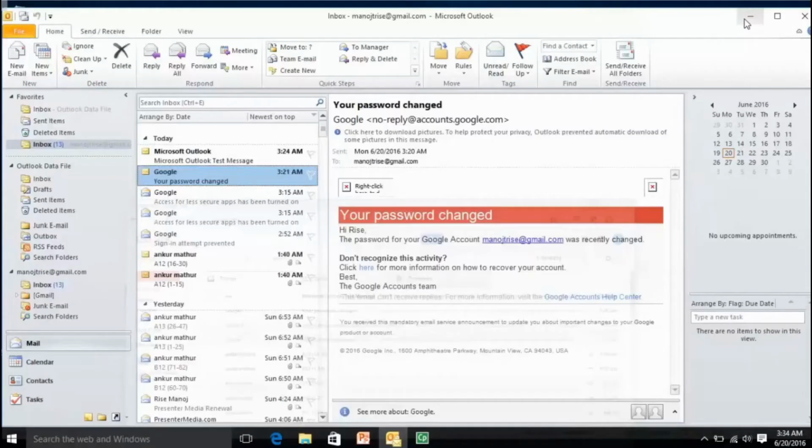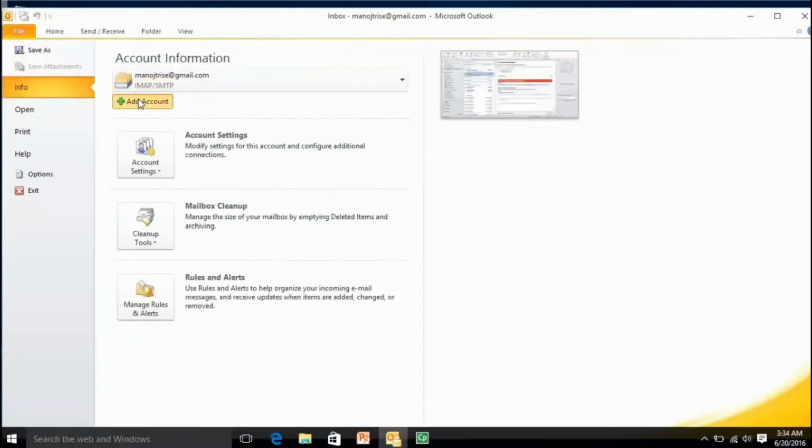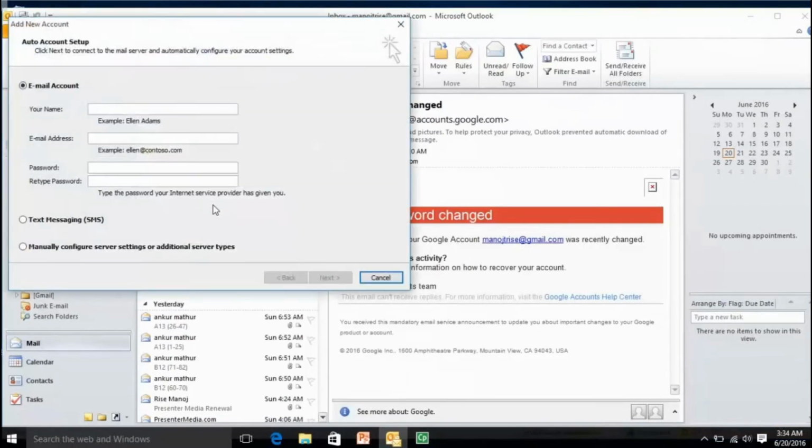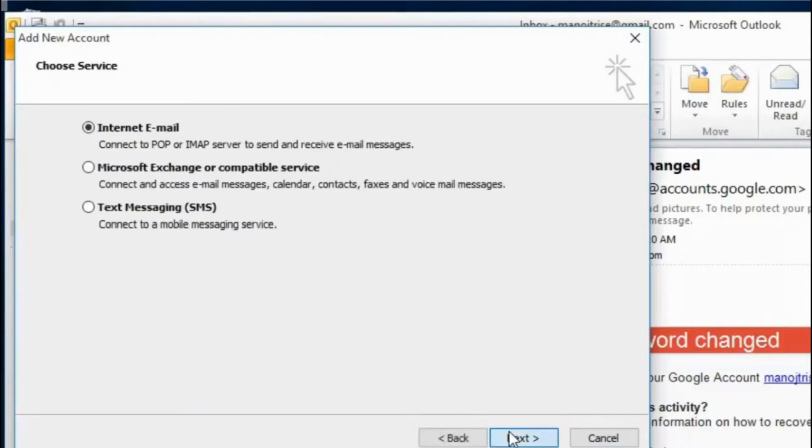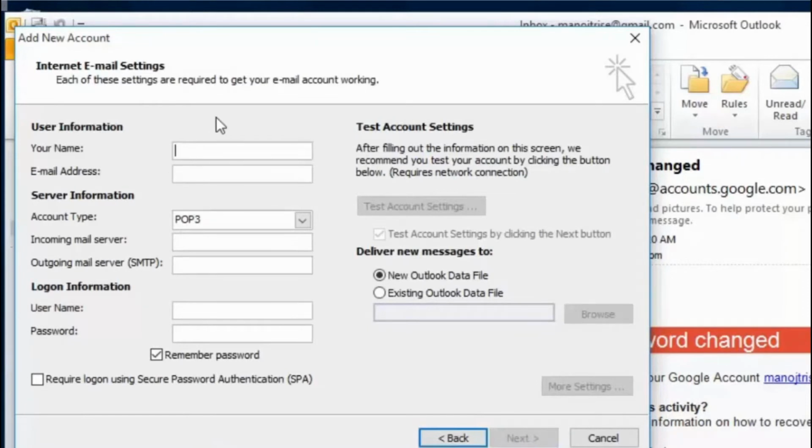Second step, in Outlook, under the Add Account section, manually enter. Choose Manual Configuration, your username, email address and login information. Under Server Information, enter the following: